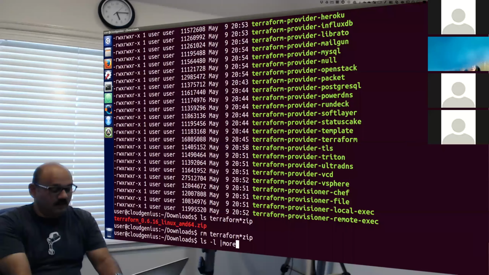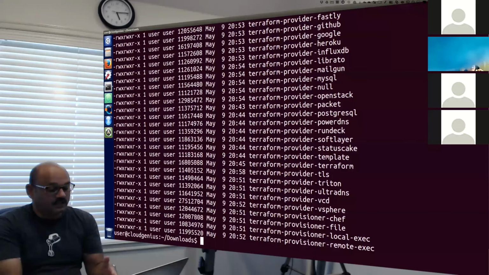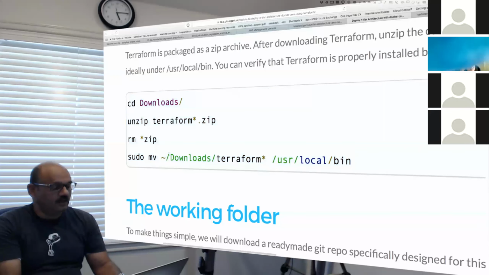These are all executable binaries, executable for a variety of cloud providers. That's the entire collection of the expanded Terraform zip file. We want to move them to a location where we can execute them, and that location happens to be user local bin, which is a good location to move them to.